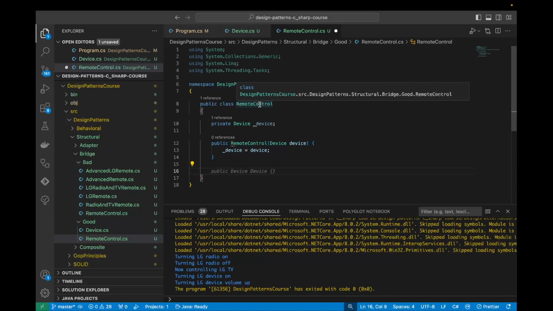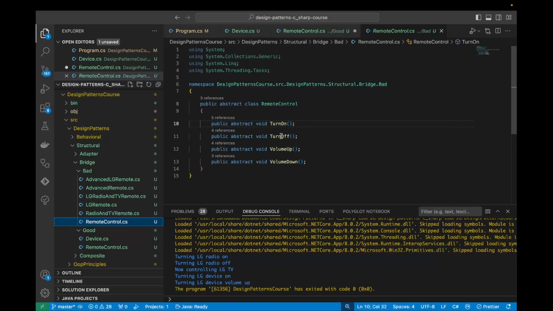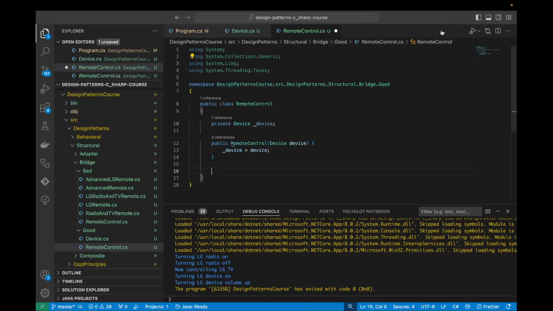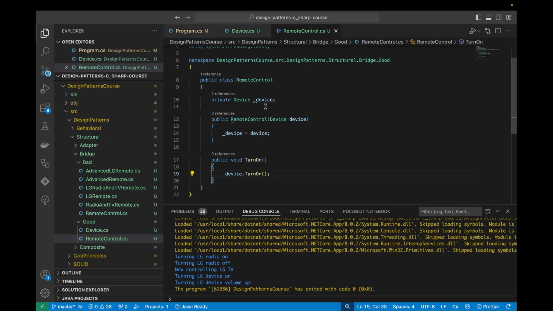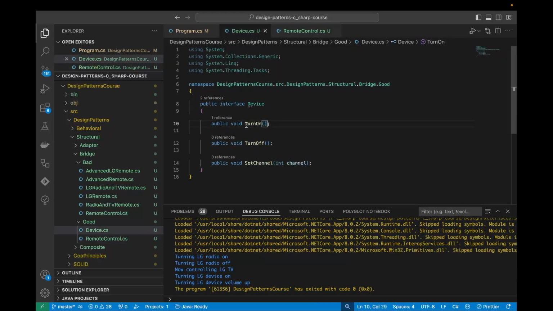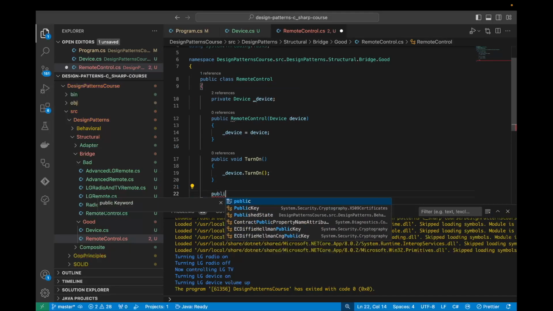So a basic remote control, just like beforehand, if we go into our remote control from before, a base remote control can turn a radio on or it can turn a radio off. We're not going to worry about volume up and down for now, just to keep things a little bit more simple and short. So let's create first of all the turn on method. And in here we can just call device.turnOn because we know that all devices will have a turn on method. We can then create a turn off method